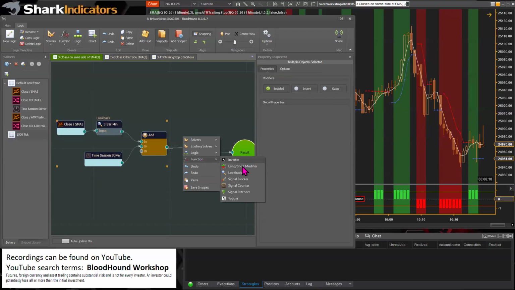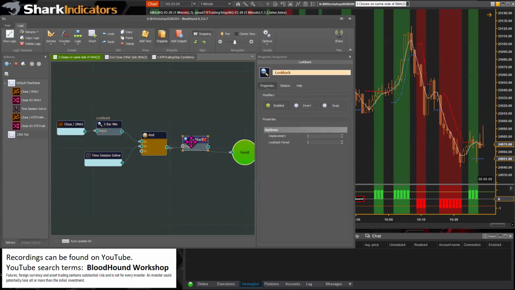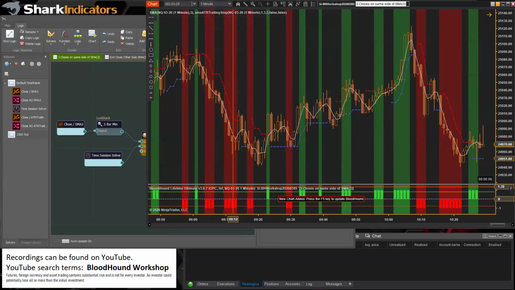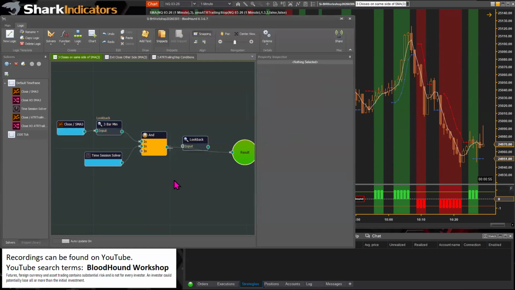And so if Bloodhound has to run with on price change or on each tick, but you want to wait for the bar to close, then that workaround, and there is a video out there, that workaround is just